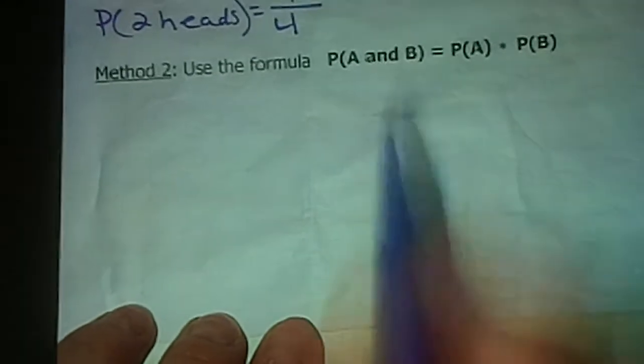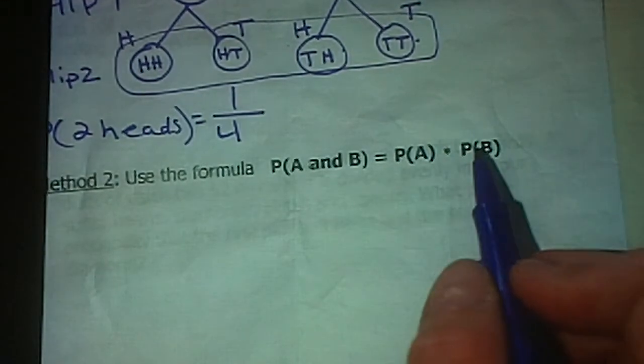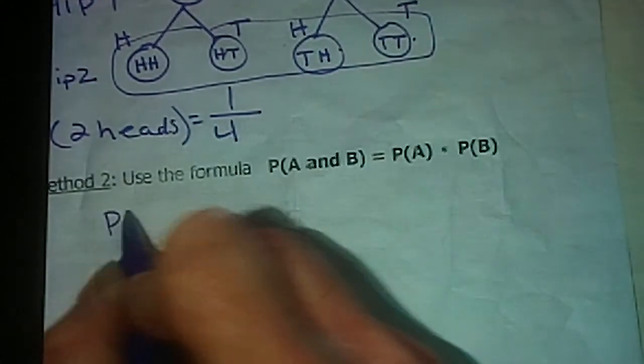We can just multiply the probability of both. So we want to take the probability of heads times the probability of heads, because both times... Alright, so probability of heads